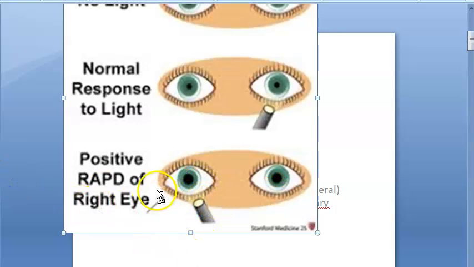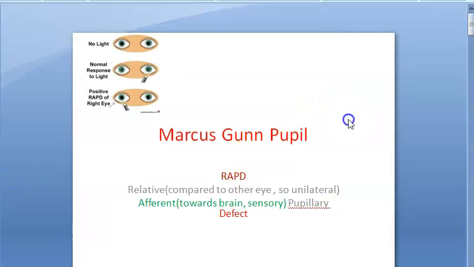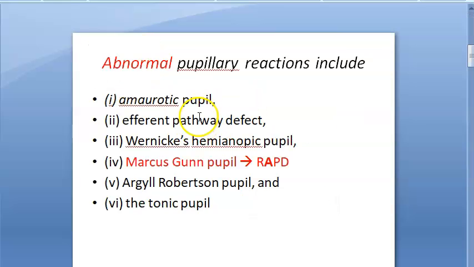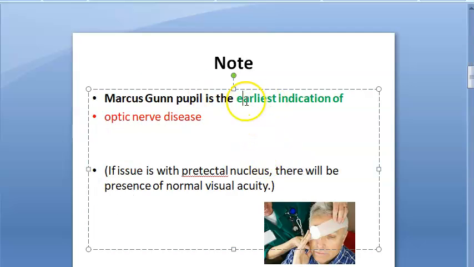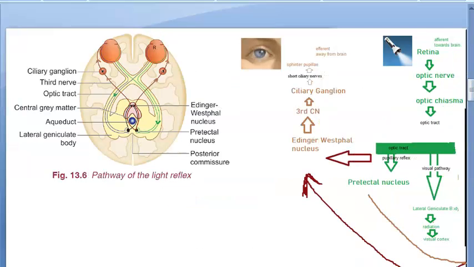So why is this so important? This is indicating afferent defect. What is it indicating? Afferent defect. So it is indicating relative afferent pupillary defect. So it is going to be the earliest indication of optic nerve disease. Means what? So let us see the afferent pathway. Okay. So look at this. Whenever light falls on